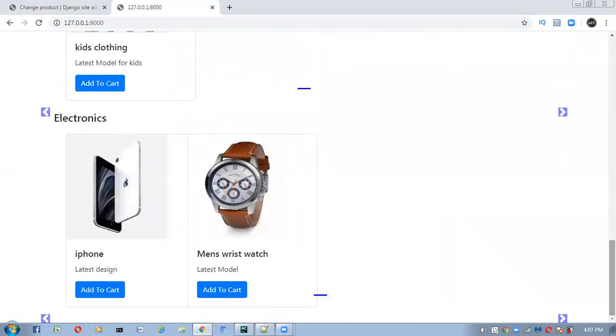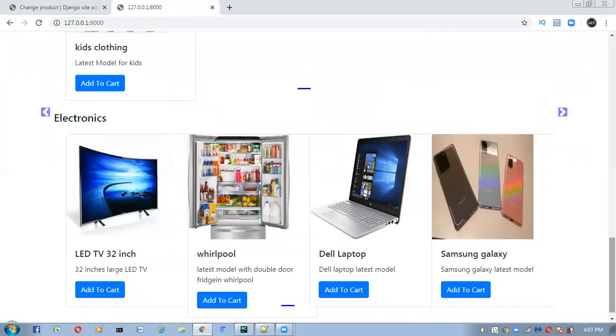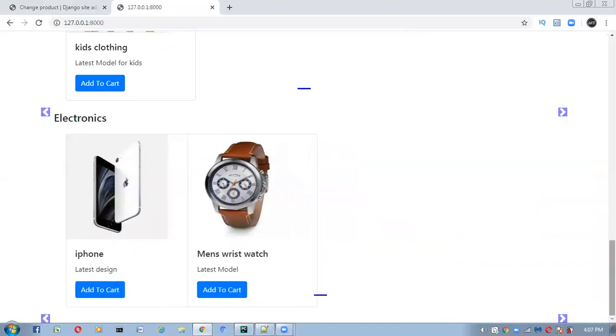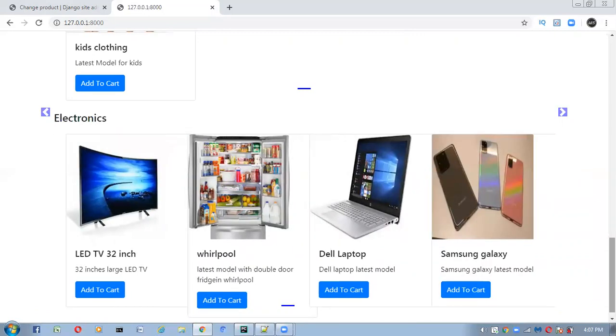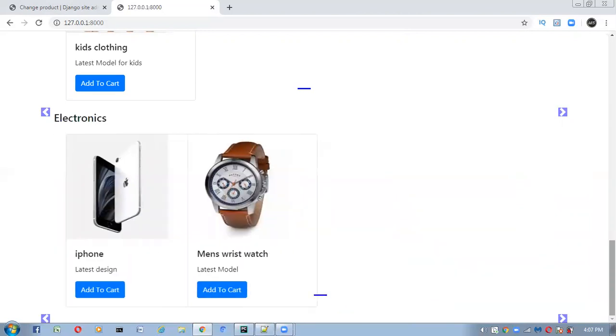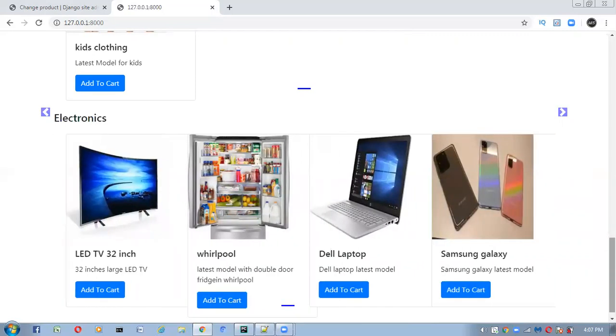How is it showing? In the first slide it is showing four items: LED TV, Whirlpool. The next slide is showing only three items, and the third slide is showing the remaining two items. But as per the requirement, each slide should show four items: the first slide four items, the second slide also four items, and the last slide one item. But here it is showing in a different way. So first of all, we have to fix that issue.